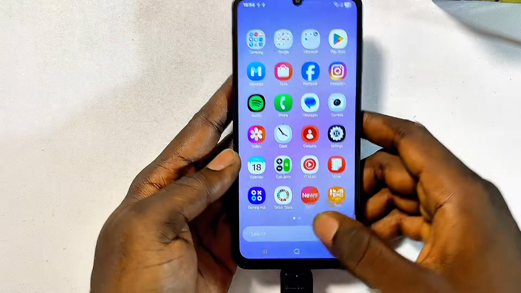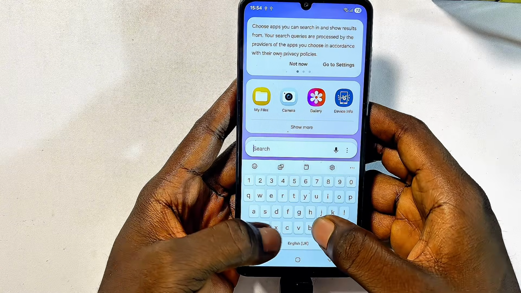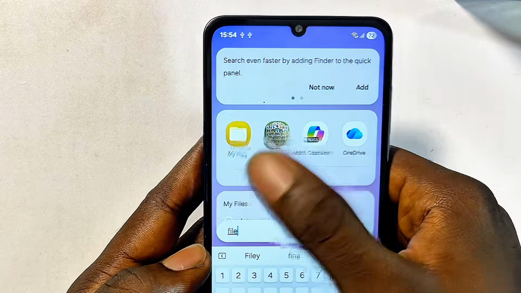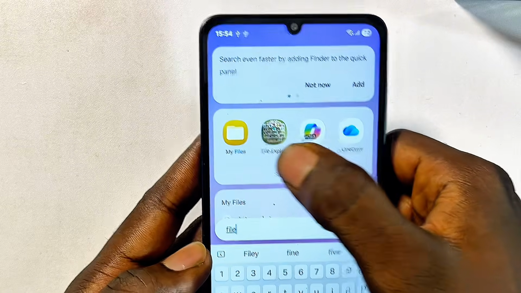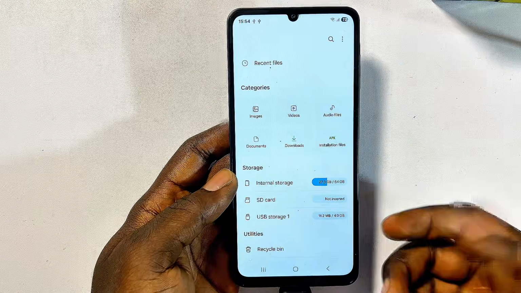So you just want to go ahead and search for the file manager application. You can use the search bar over here and just search for file. Now here is mine. It is called the My File. In your case it might be called any other thing. Just go ahead and open up the file manager or files app on your Android,